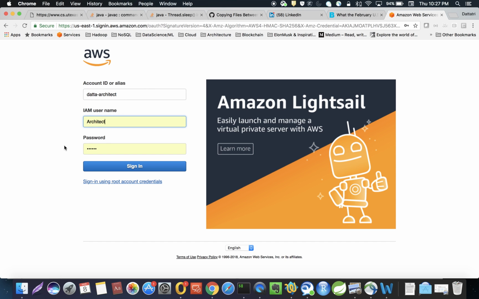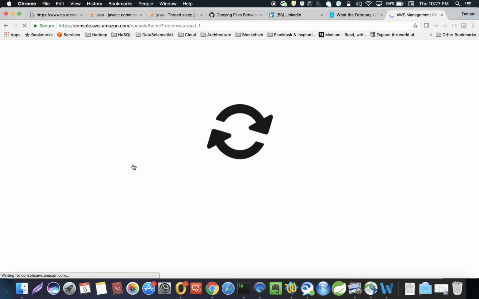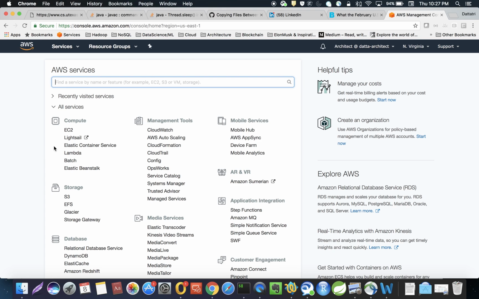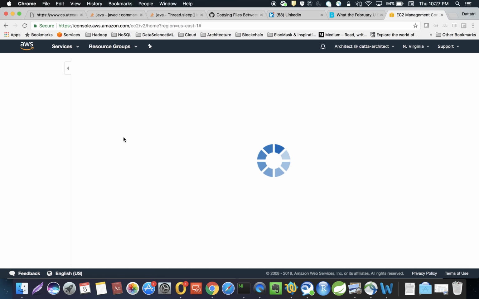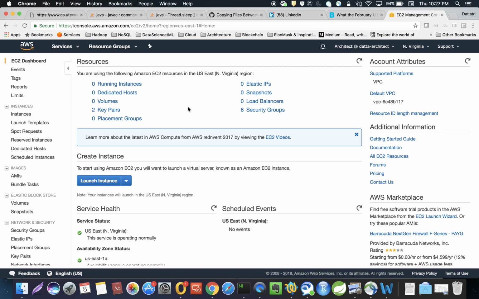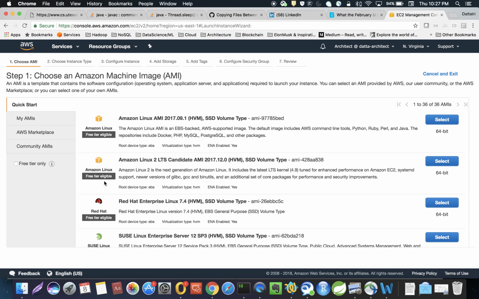I have an account already, so I'm logging into my AWS account, and there is something called the EC2. This is where the compute happens. In this case, we are going to host a virtual machine, just like you run a virtual machine on the VMware Player on the desktop. You come here, you click launch an instance, and you can take any AMI, that's Amazon Machine Image, and